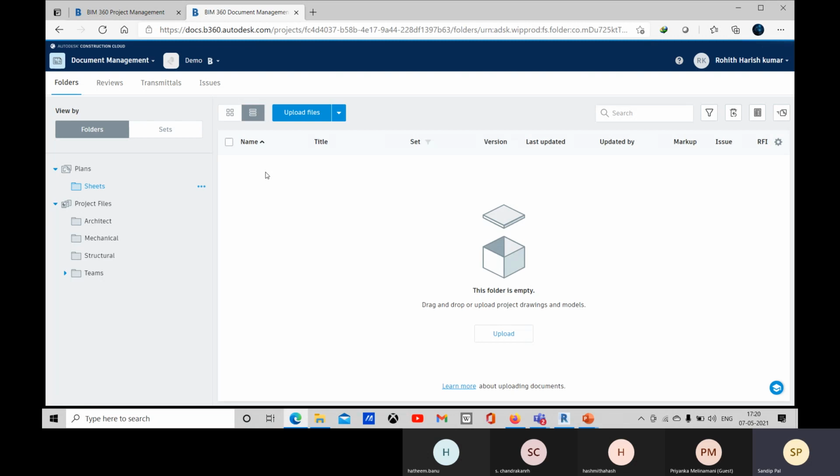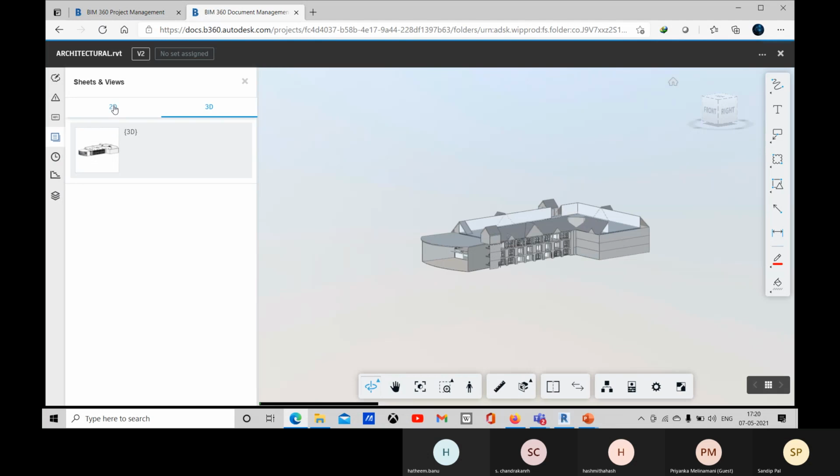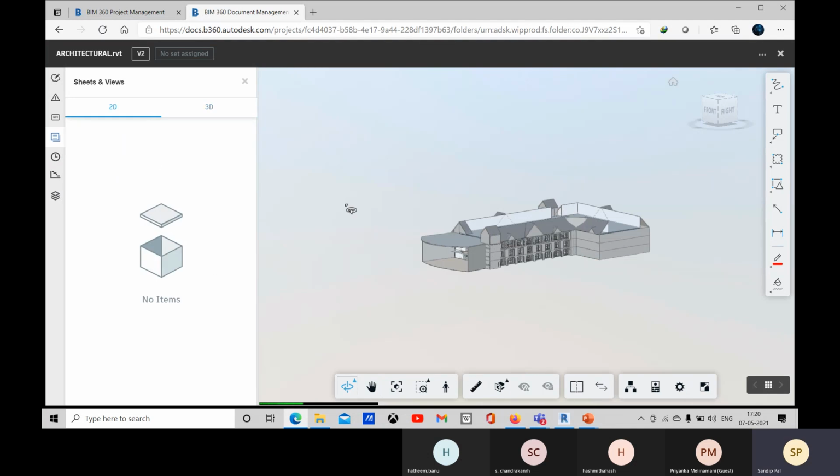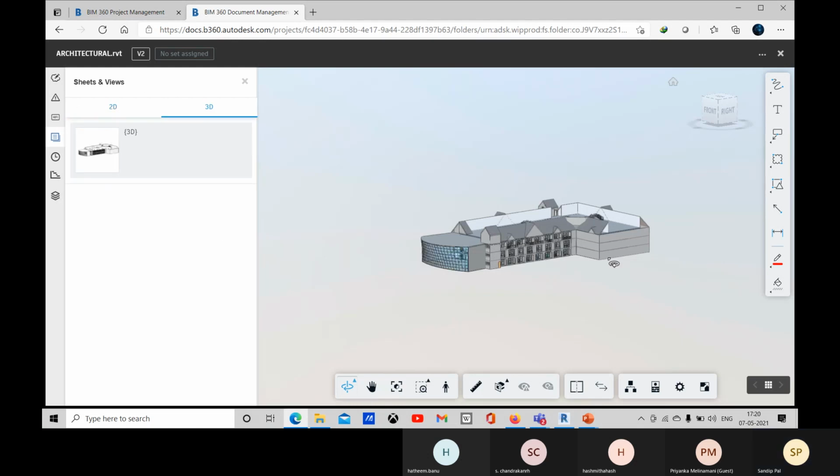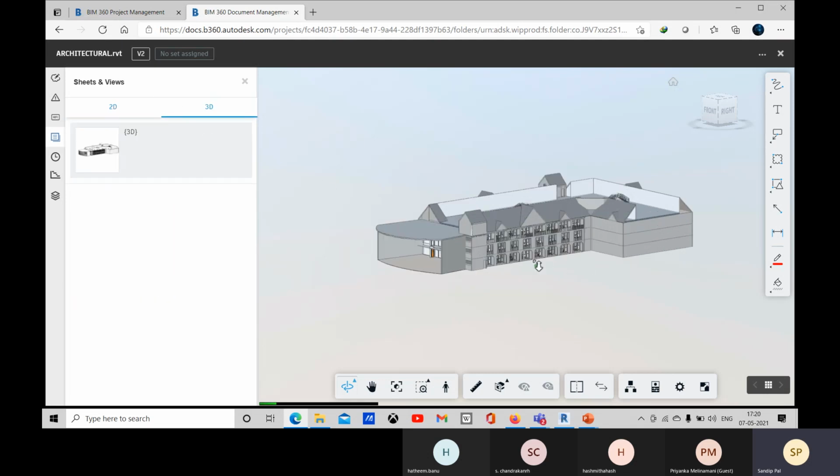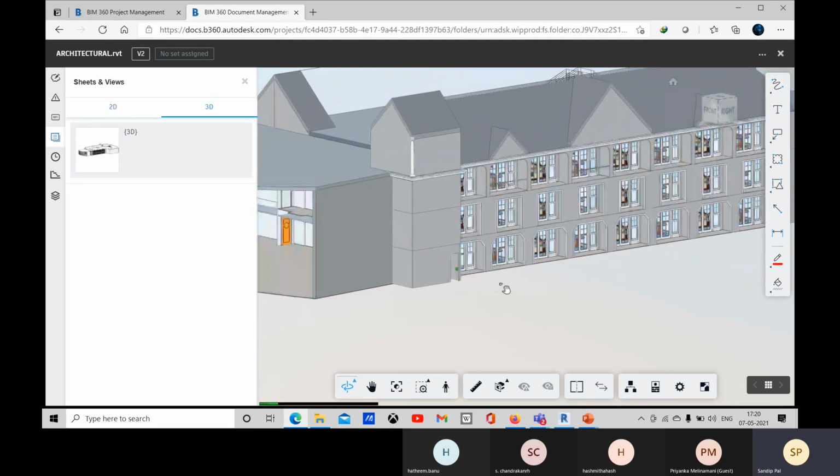Let me see. Okay, so here I have some documents. I have some 2D documents, or else you can open up this 3D model, and there you can go for it.